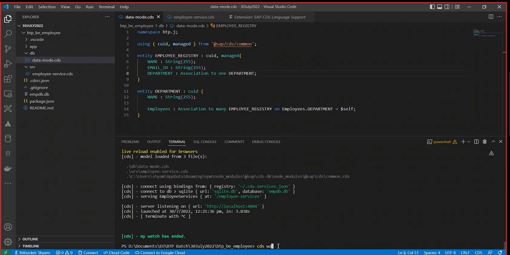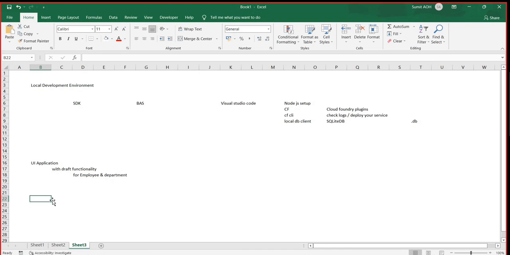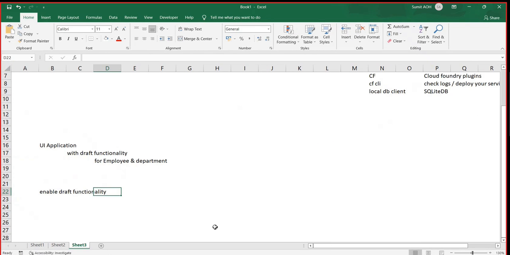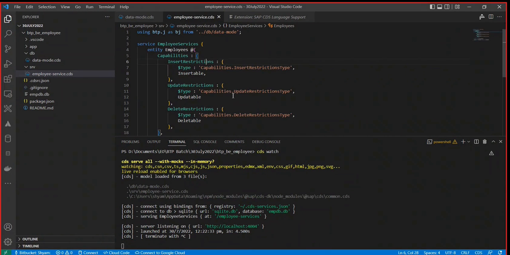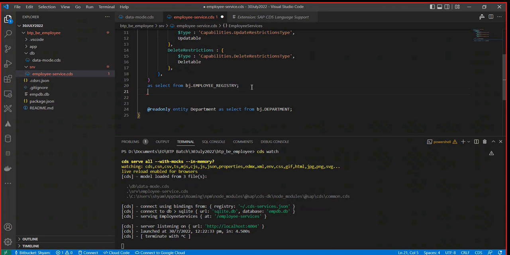So what I'll do is I'll just say CDS watch, and I would be proceeding with my first capability of UI, saying enable draft functionality. And for me to give any such capability, all I need is annotations. And for annotations in the CAP CDS, we do have a keyword called annotate. So I'll just go in my service, and here after employee, I'll say annotate employee